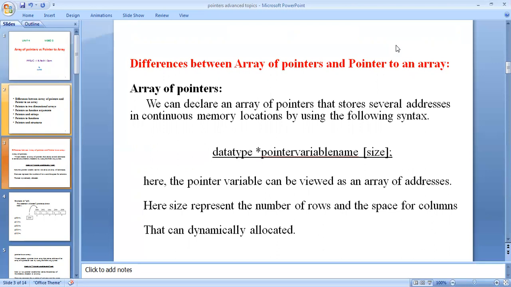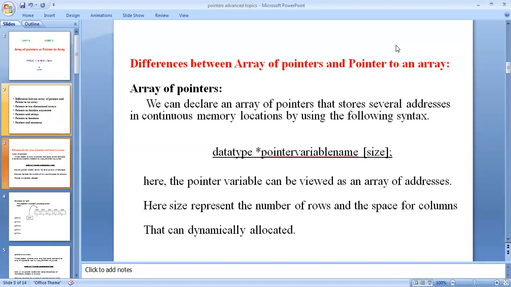The syntax of the array of pointers: data type, asterisk means it is a pointer variable, and then asterisk, pointer variable name, and the size. The size is always declared in square brackets and ends with a semicolon.